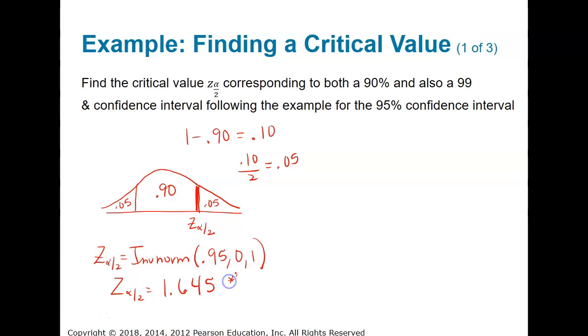1.645. In the past I've said that we always round z-scores to 2 decimal places, and that is true, but I also said there's 2 exceptions, and this is one of our exceptions. So when you are using a 90% confidence level, the critical value that I would like for you to use is 1.645. Okay, for the 99%, if I draw this out,